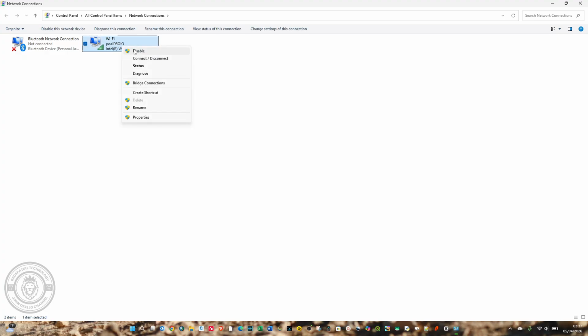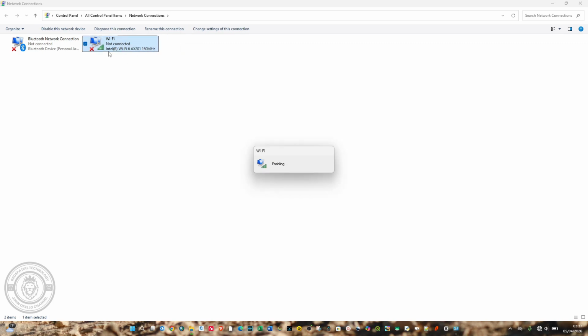Just right click, and if you see that it is disabled, if it's grayed out, right click and make sure that you tap on enable. That should actually resolve your problem. And if not,